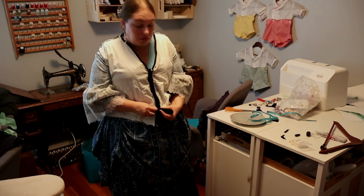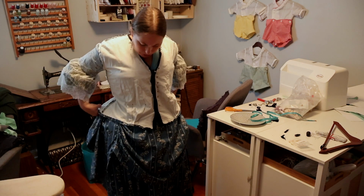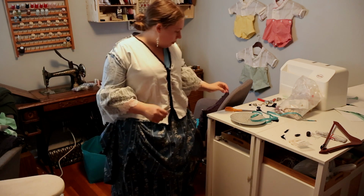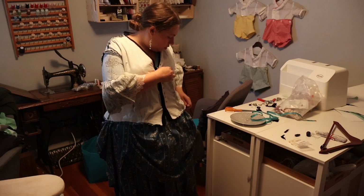Guess I'll cut one side down. Not a big deal. A whole inch. That is so strange. Okay. Alright, now we can put in darts. The dart can go like right